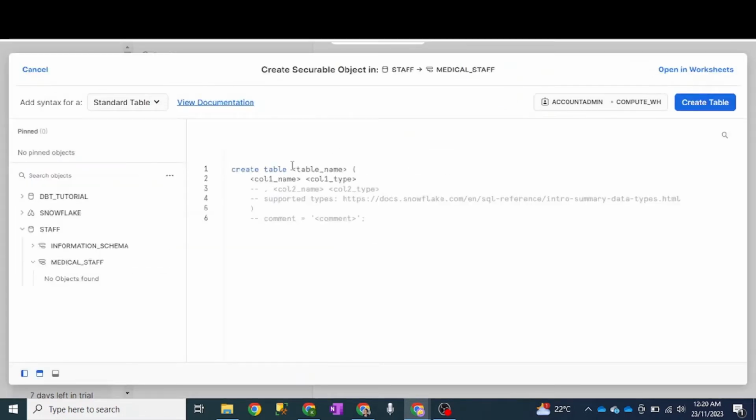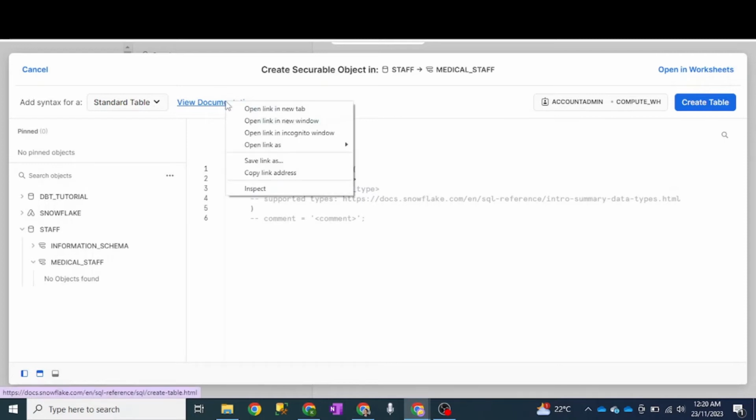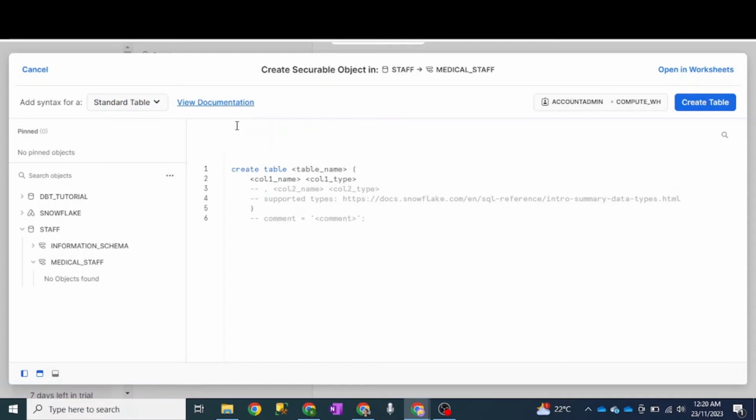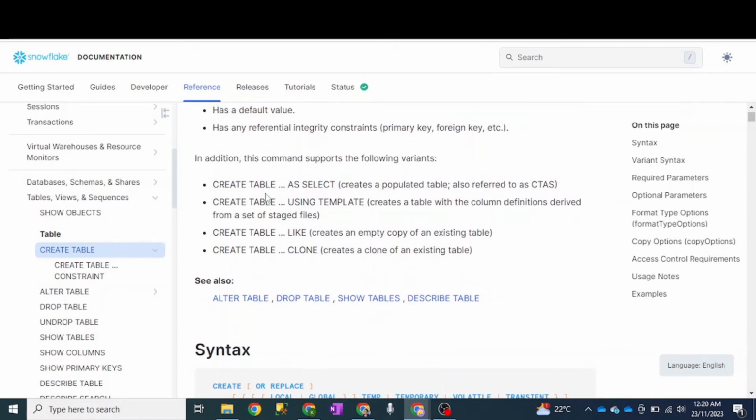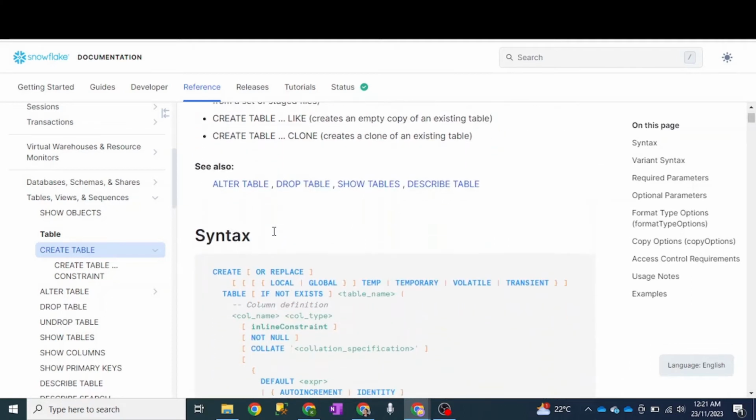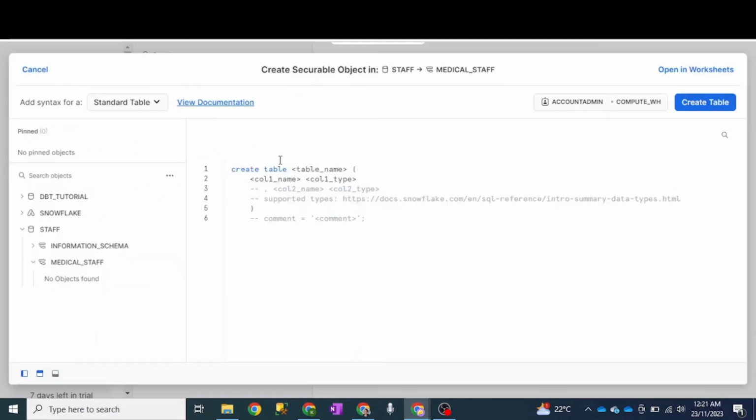When you're creating a standard table, it will script it out for you. You can also click on view documentation to see all the options for creating a table. You can create a table as a select if you're selecting from an existing table. Anyway, create table. Let's call this table doctors,